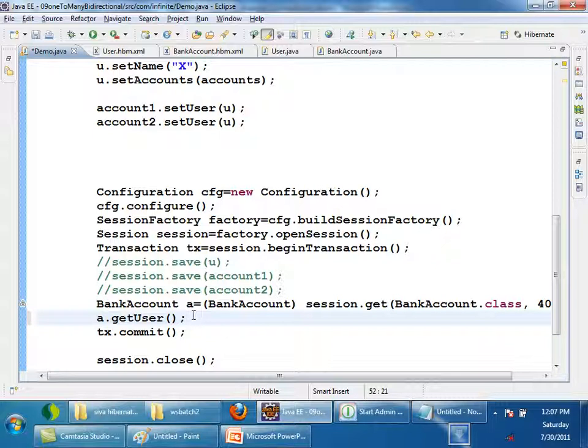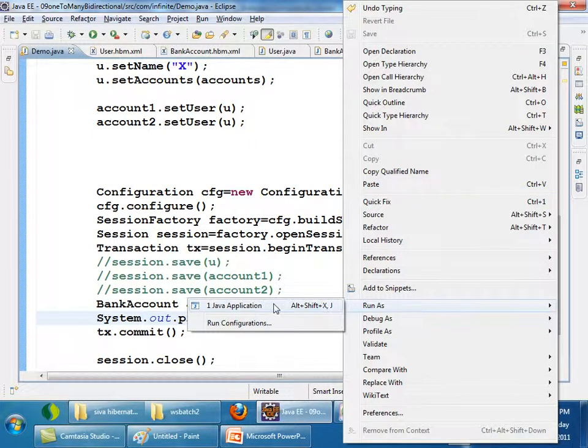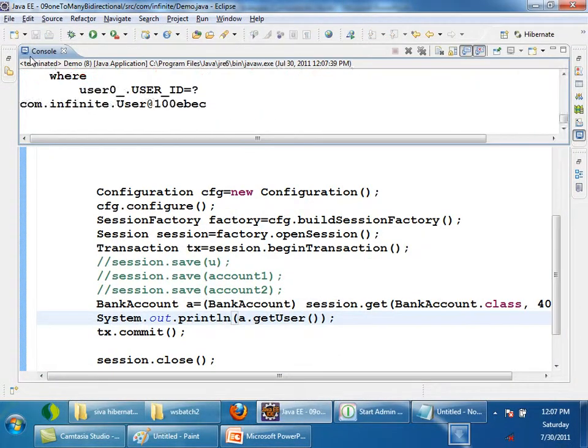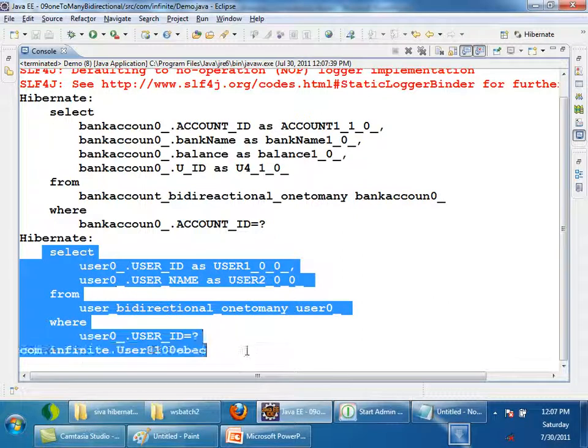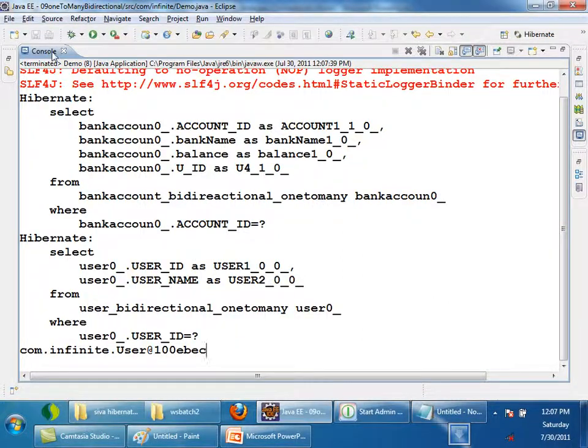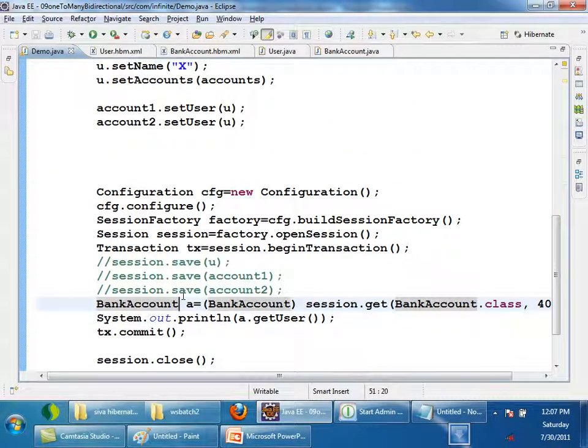We will get a proxy, and only if I try to print it or use it, then it will be fired. I'll try to print it, then it should fire, right? So two queries are fired, right? So by default associations are loaded lazily, right?